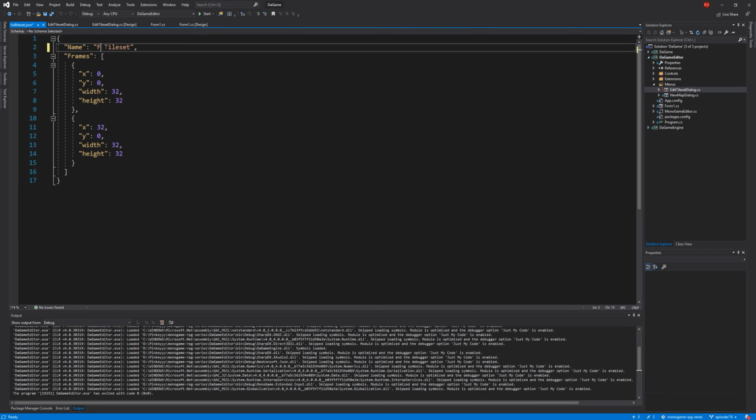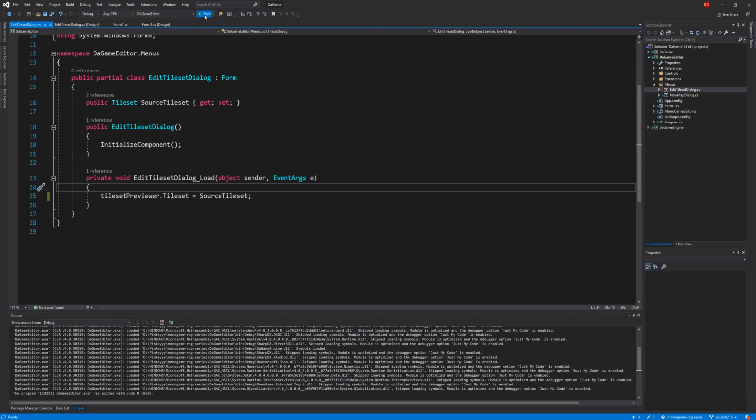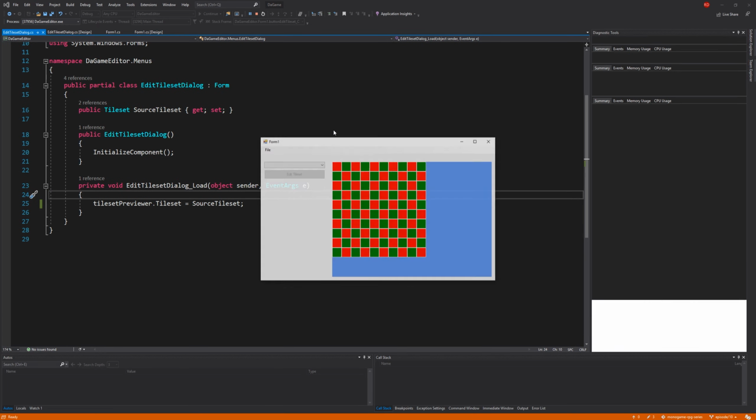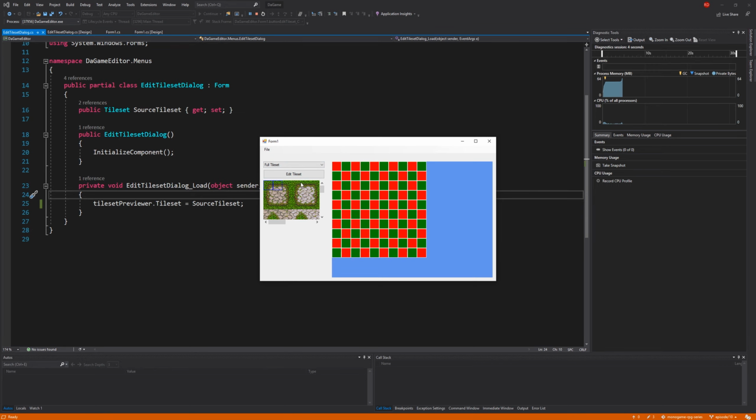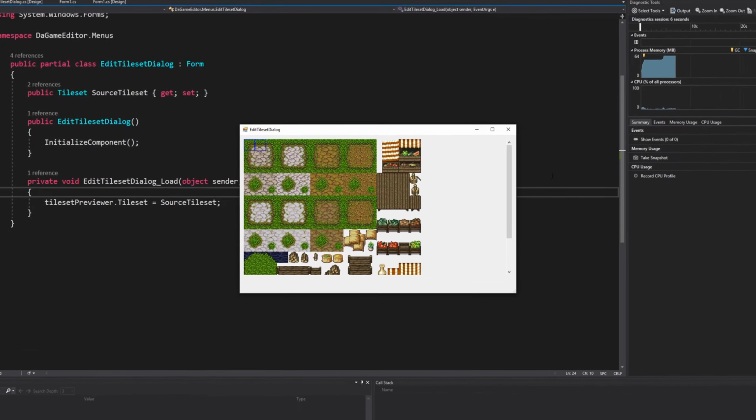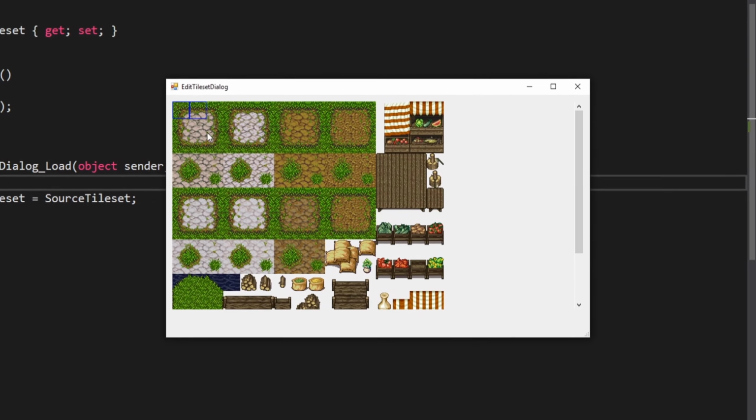So I'm going to change the name to full tileset, give that a save, give the editor a quick run from Visual Studio, and you'll see that we have full tileset once more. Selecting full tileset, clicking edit, will show it's quite big and there's a lot of frames that could potentially be in here,